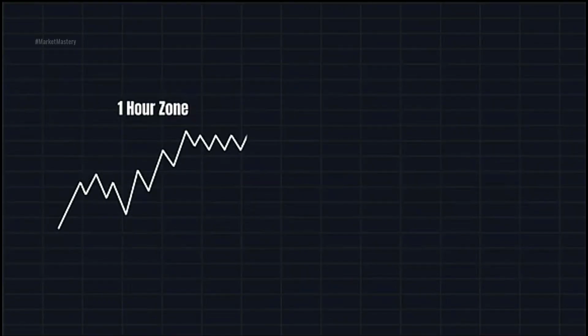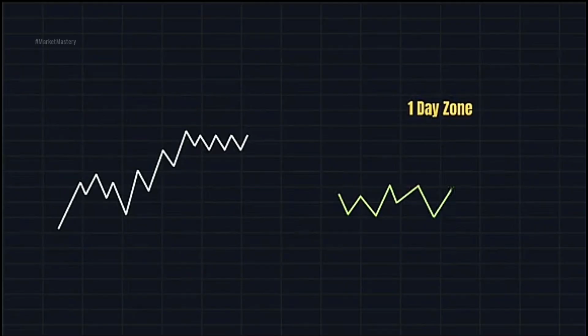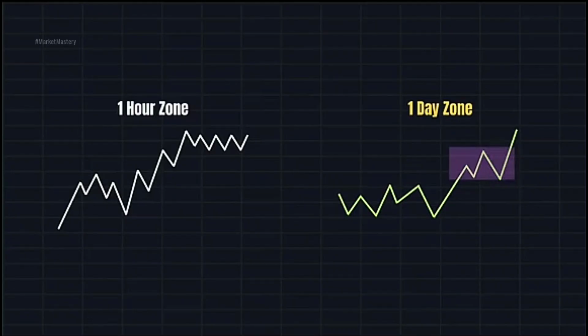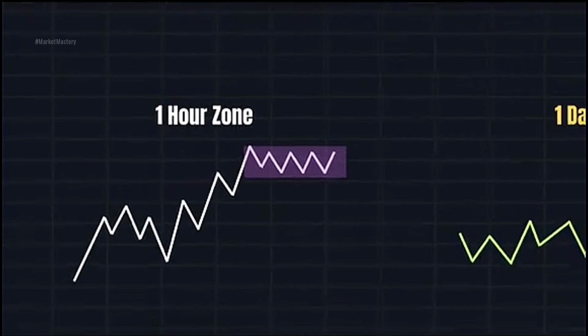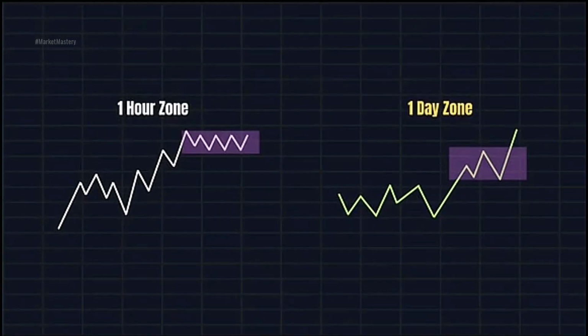A 1-hour zone that's inside a giant daily zone, that is a god-tier setup. It's the best of the best. You can find a massive daily demand zone, then zoom into a smaller time frame to find the perfect sniper entry inside of it. If you check every single zone with this 3-point test, strength, freshness, and confluence, you will